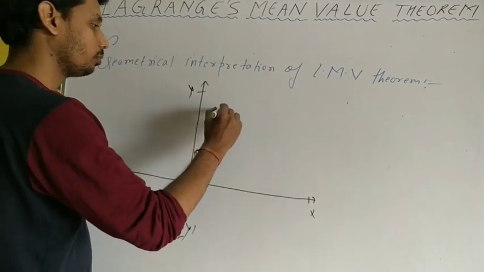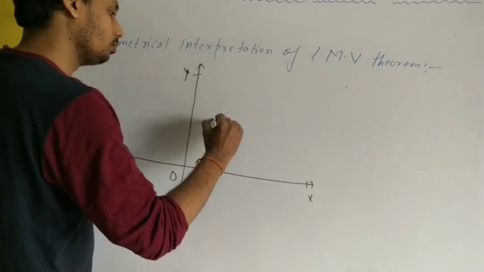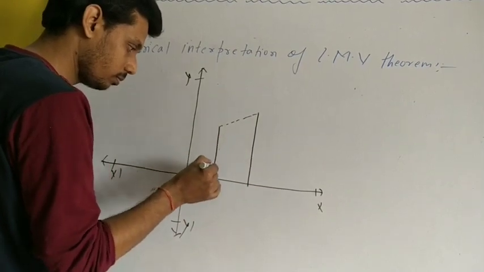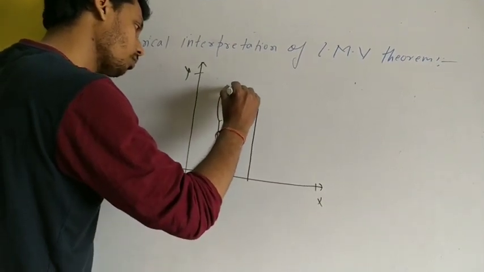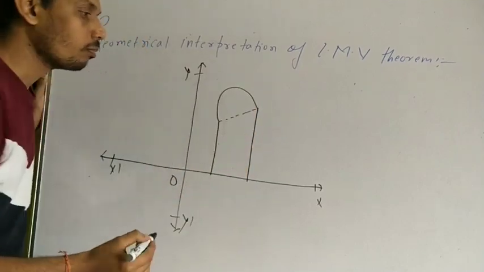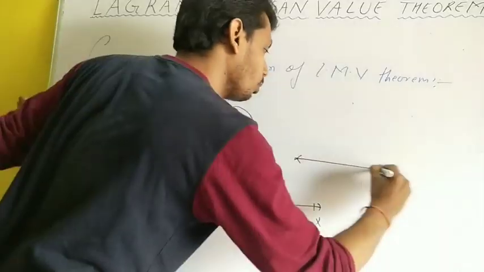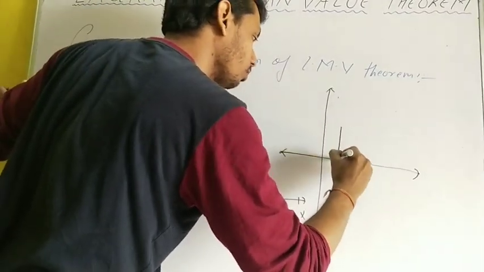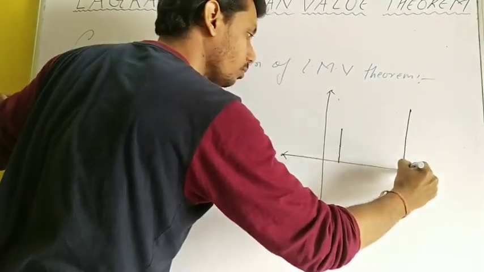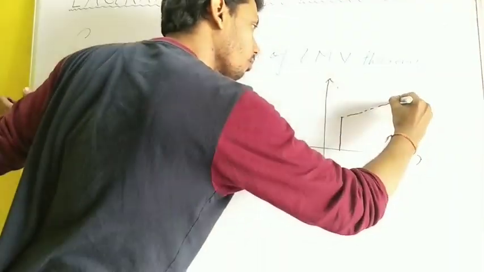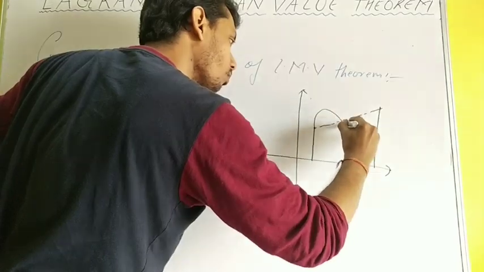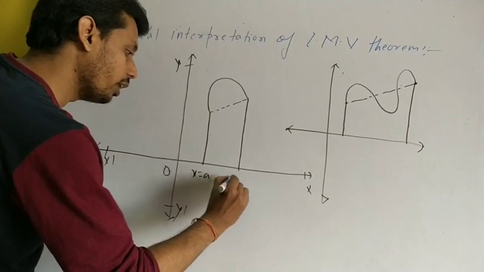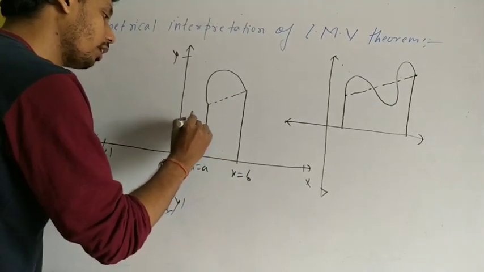Okay. Now see. Let us consider two figures. This is x is equal to a, this is x is equal to b, this is f of a, this